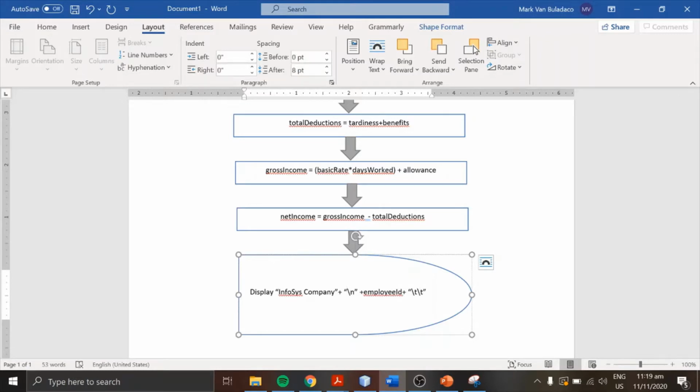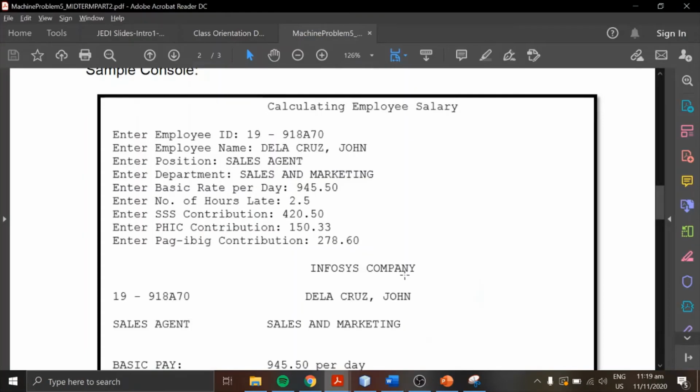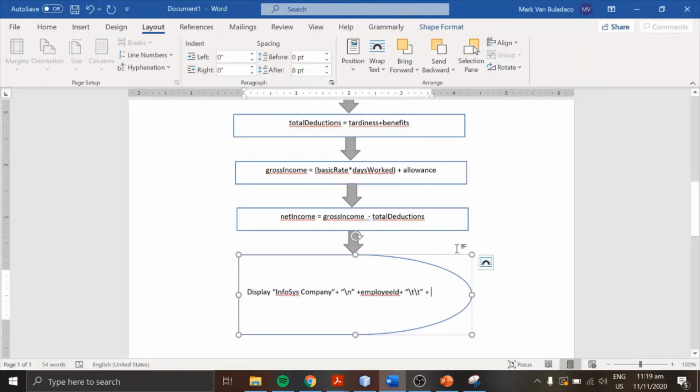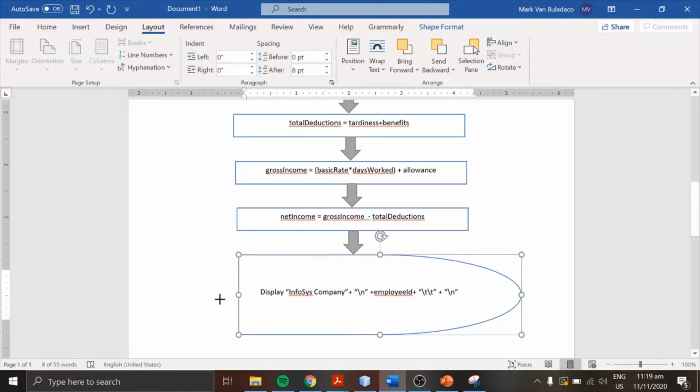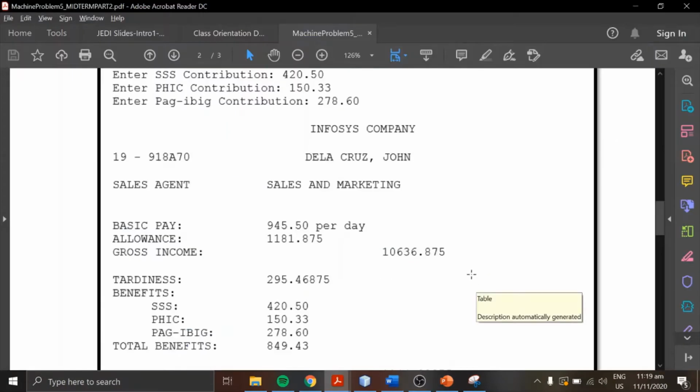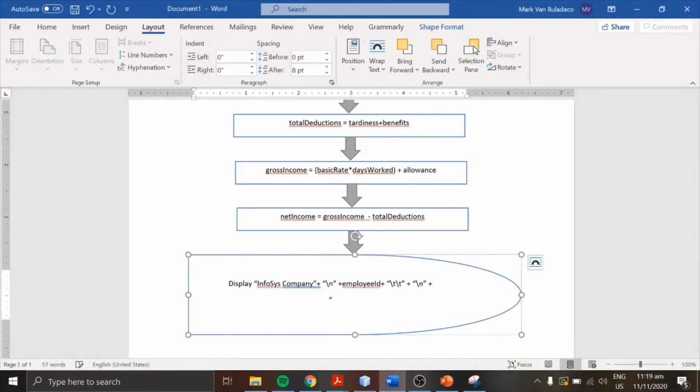And then for sales agent, so let's print a /n here. And plus sales agent,